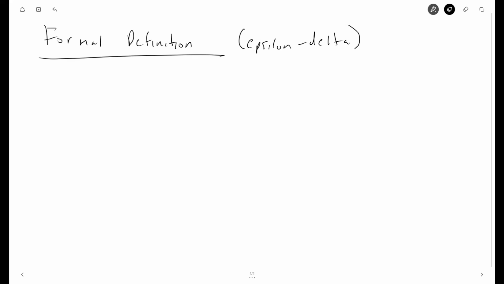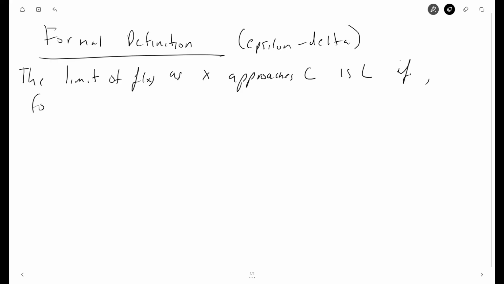We say that the limit of f of x as x approaches c is L